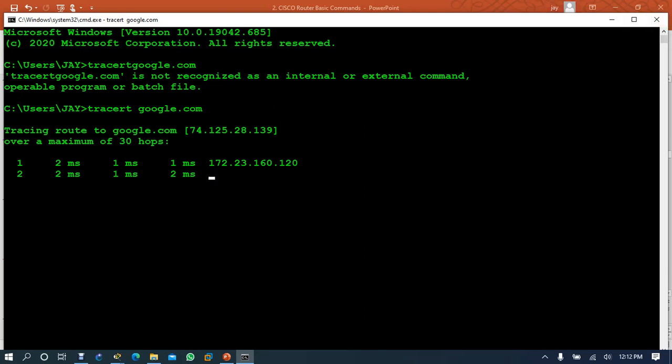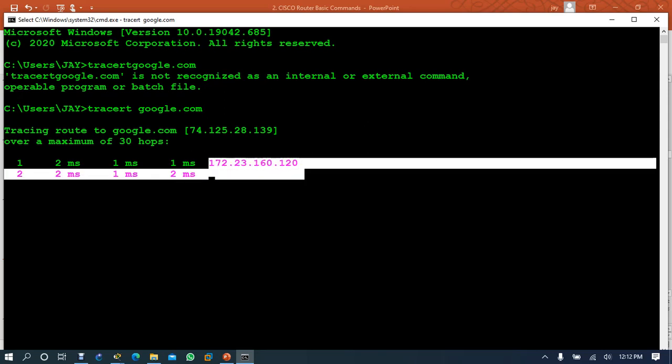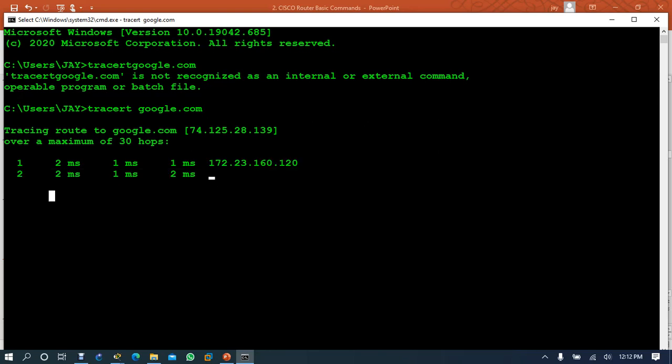See, he's saying that whenever you want to go to Google, the IP is 74.125 this. Okay, now 30 hops. 30 hops is the maximum, after that your packet will drop. So before 30 hops you must reach.